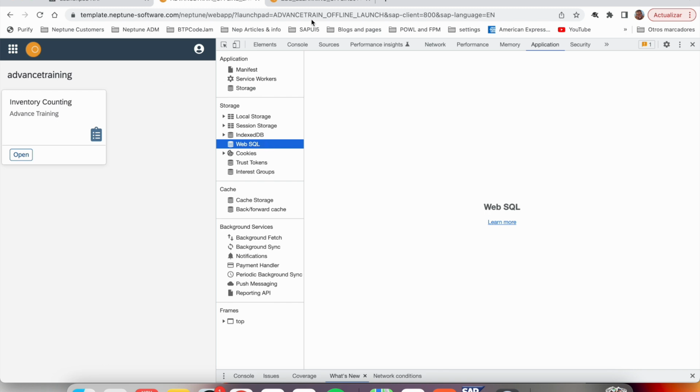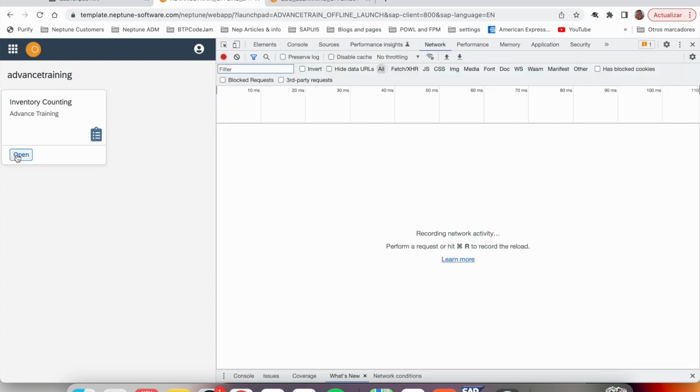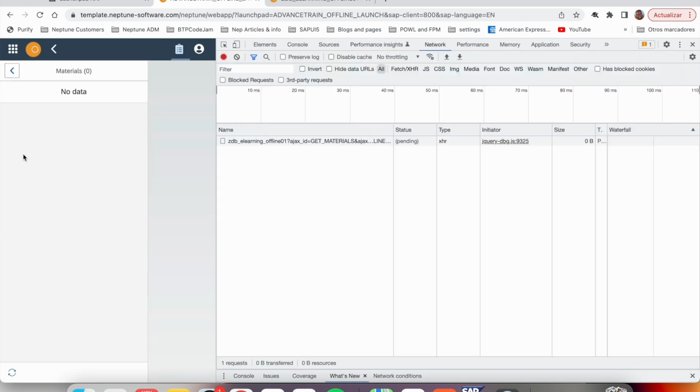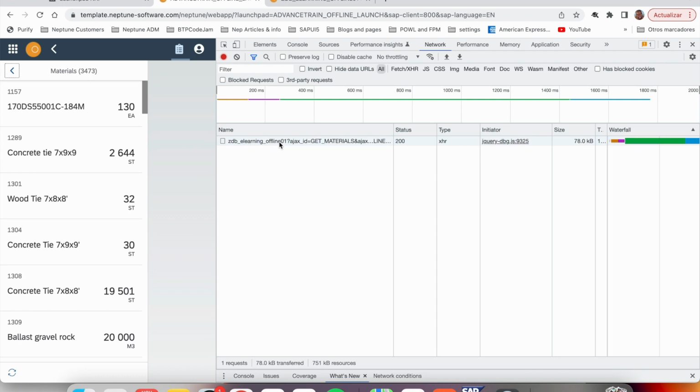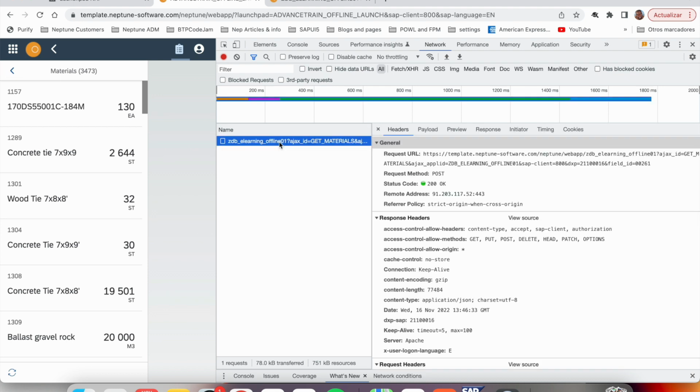So what we're going to do now is open my application. When I open it, I notice here my online call, because it's the first time I'm launching my application, so it went online. It made the call and put my data here. Now, if I move to application,